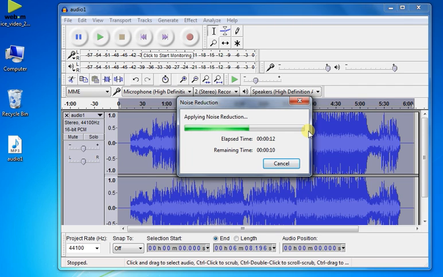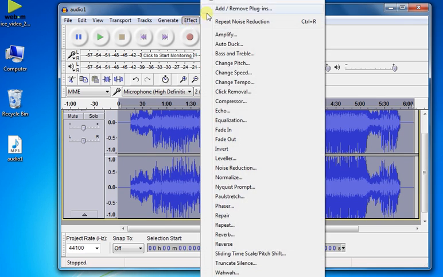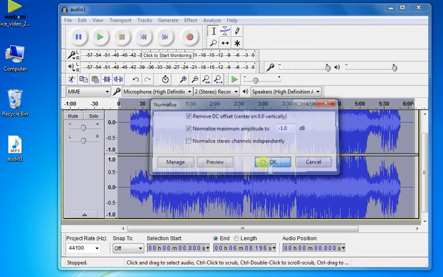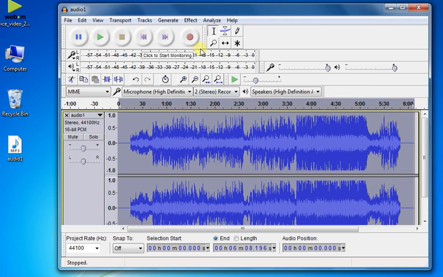The next step after the noise reduction is the normalization method. So once this particular noise reduction effect is applied, what we can do is again go to effect, click on normalize and simply click on OK. Now again this takes a few seconds. The next thing we are doing is compressing the audio.